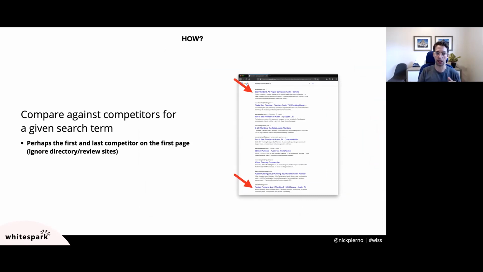Depending on where the site I'm auditing is sitting in the rankings, I'll choose a couple sites to compare its backlink profile against. If my target site is on page 2, which it is, then I might take a look at the number 1 ranking site and then the bottom site of the first page, which might be number 10 or 9 or whatever, depending on how it's spitting out results. And that'll basically tell me the threshold for breaking onto the front page and then the threshold for unseating